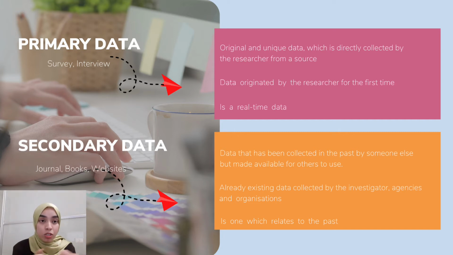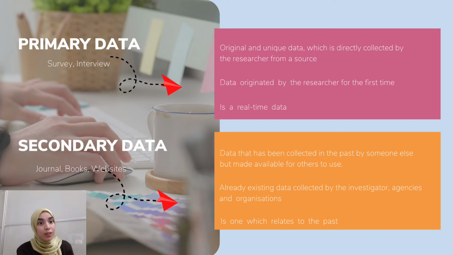From the questionnaire, the respondent will directly give their opinion, give their feedback on the product. The feedback of the respondent that we receive is primary data because it is directly